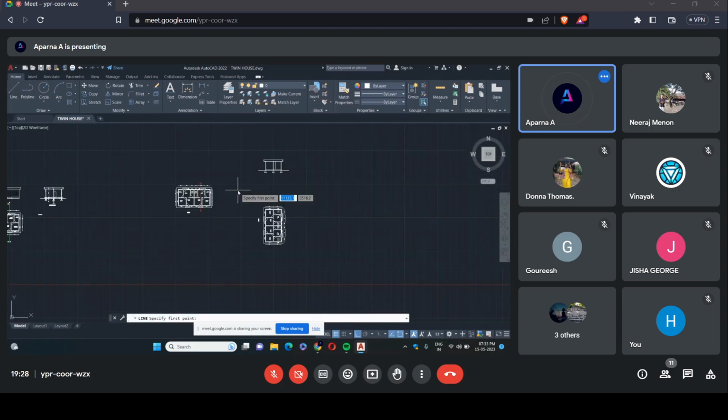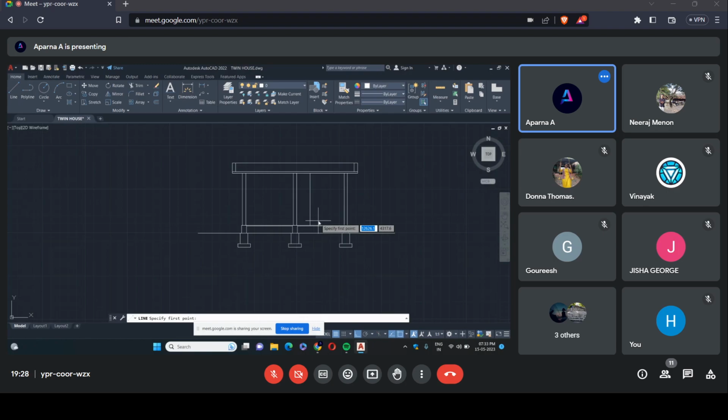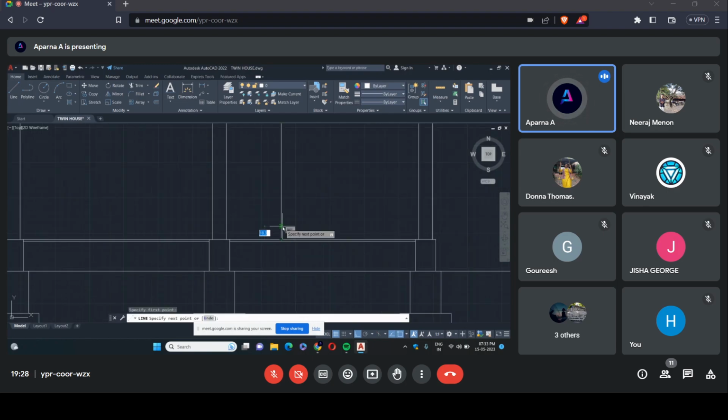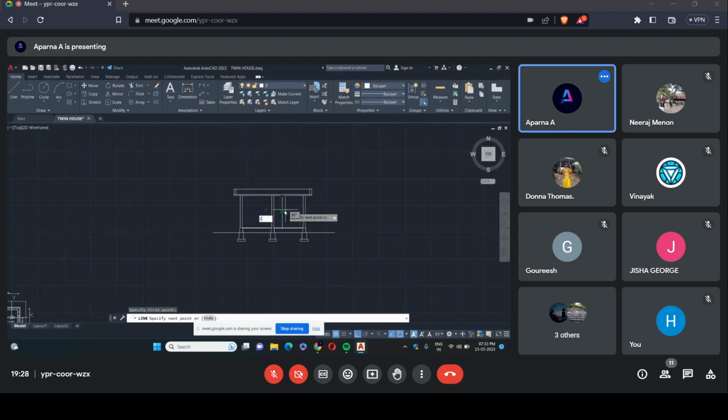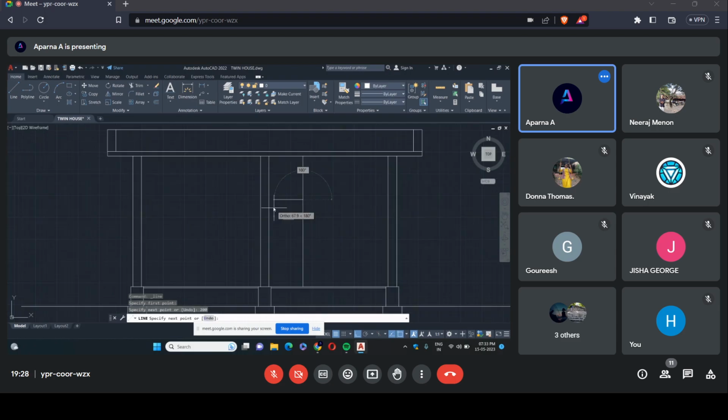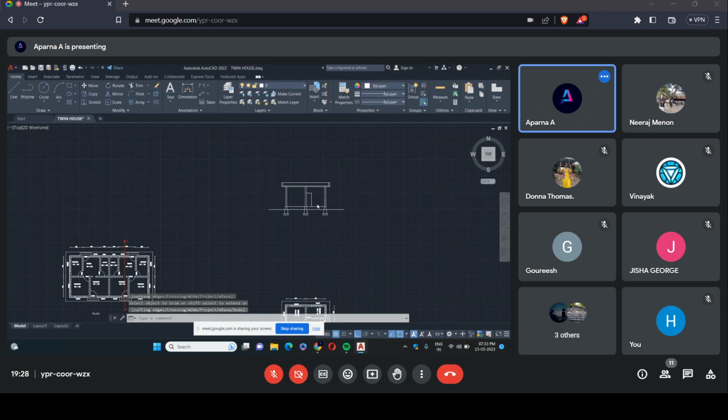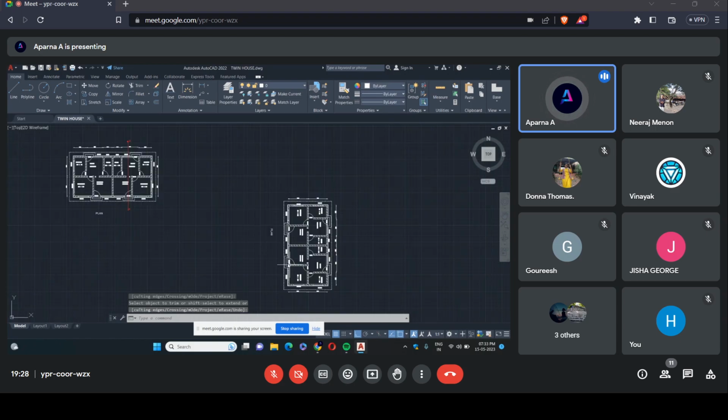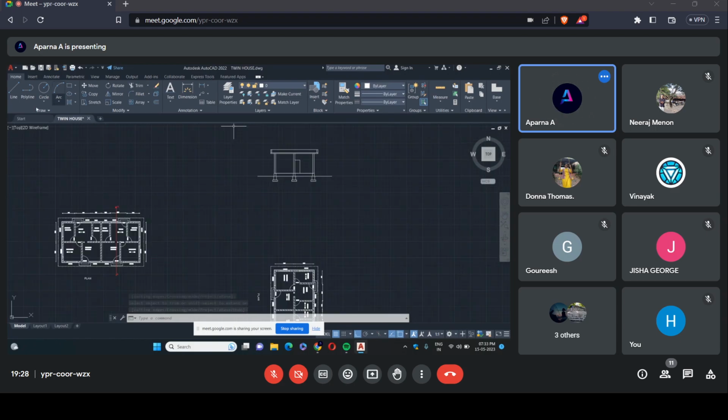So line, door at a height of 200 centimeter. I can trim this, and here also I need a door at the left wall. Line,